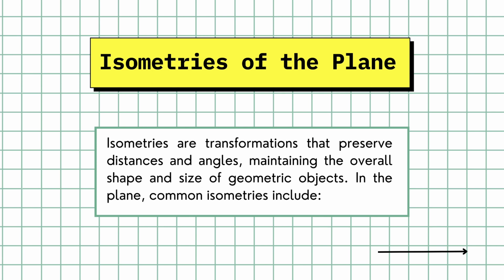Isometries of the plane. Isometries are transformations that preserve distances and angles, maintaining the overall shape and size of a geometric object. In the plane, there are four common isometries, which include